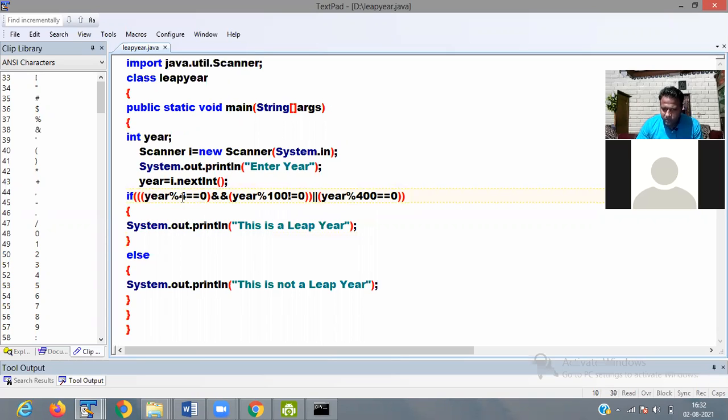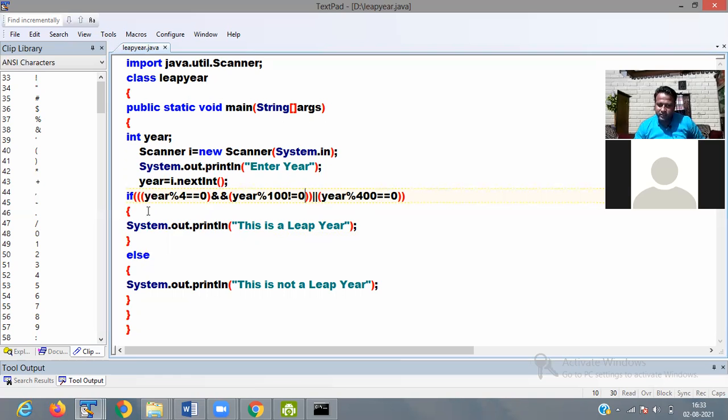See, for finding the leap year, just dividing the year by 4 is not the actual rule. Every year divisible by 4 is not a leap year. It must not be divisible by 100, or it is divisible by 400.